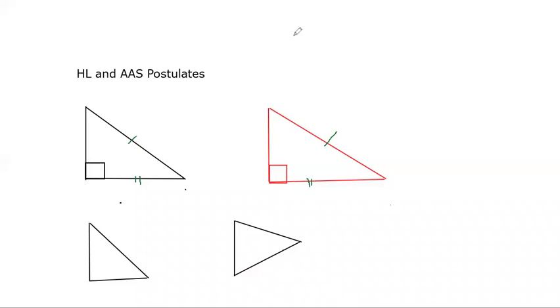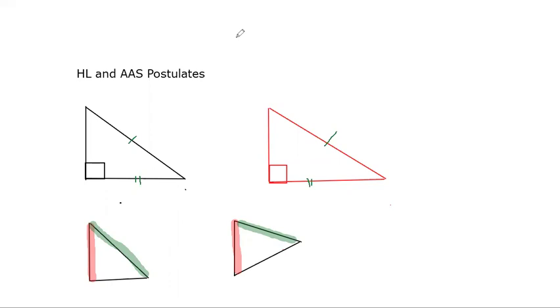The length of this side and the length of this side are identical. The length of this side and the length of this side is identical, which is kind of the same thing as the hypotenuse leg. But because the measure of the angle is not set,